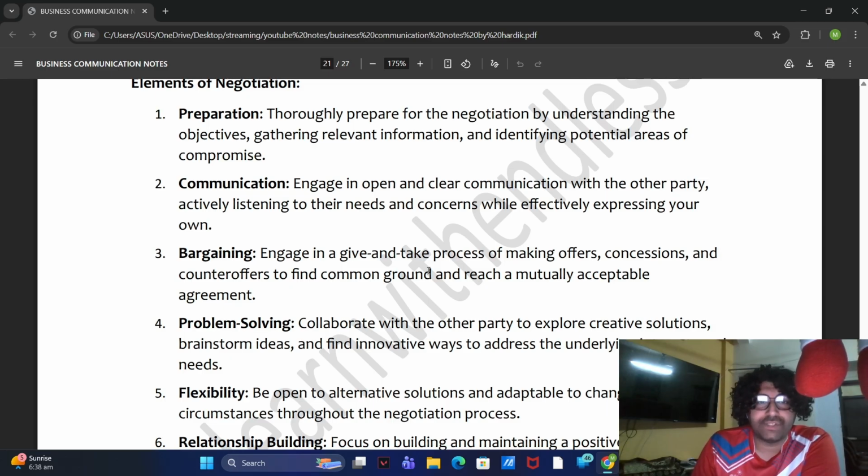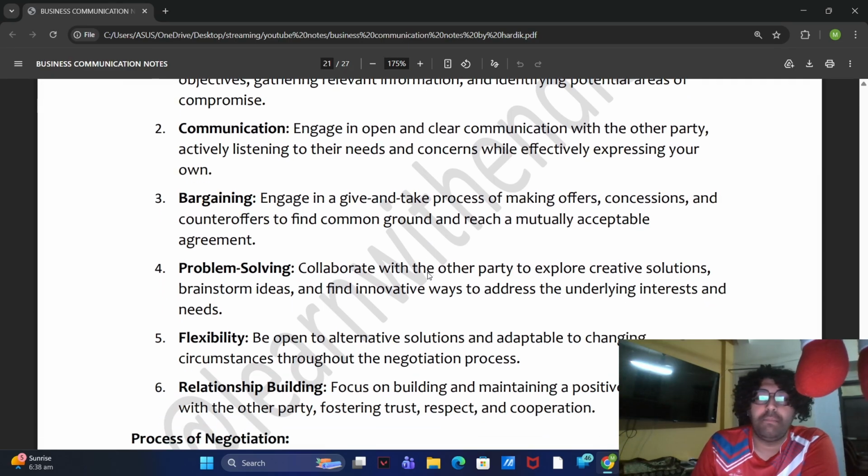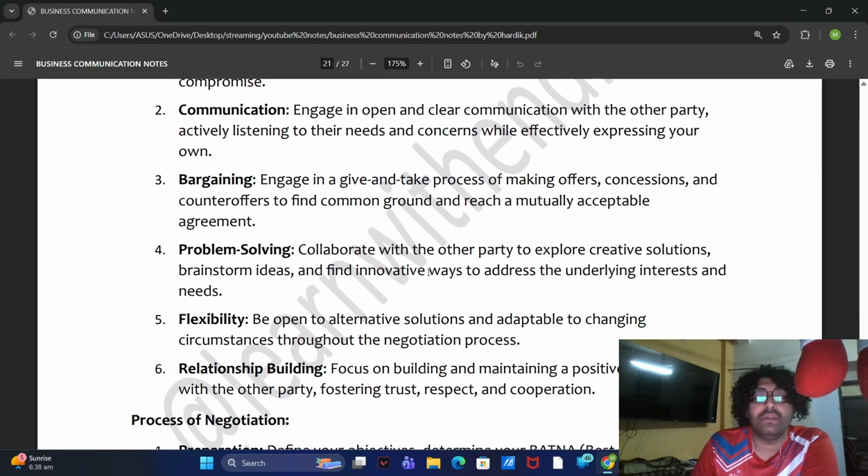Thorough preparation. Thoroughly prepare for the negotiation by understanding the objectives, gathering relevant information, and identifying potential areas of compromise. Communication. Engage in open and clear communication with the other party, actively listening to their needs and concerns while effectively expressing your own. Bargaining. Engage in give and take process of making offers, concessions, and counteroffers to find common ground and